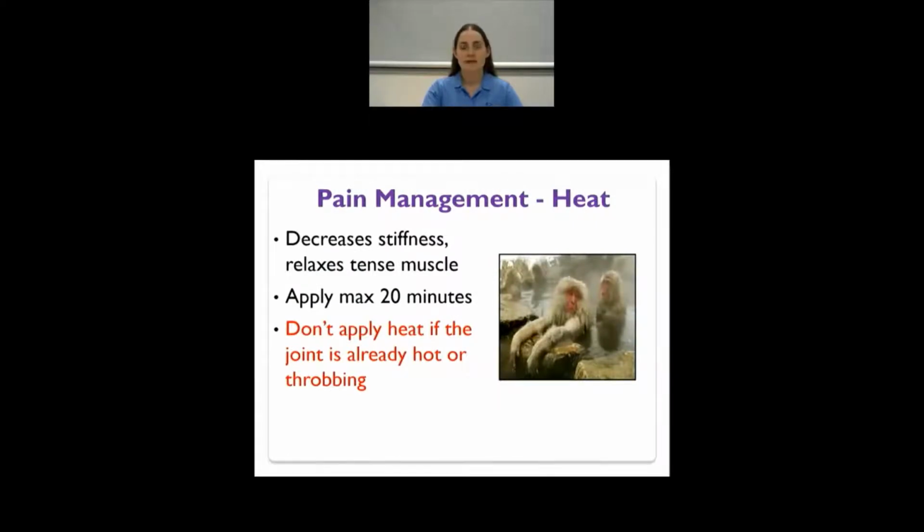Before surgery, heat can be used to decrease joint stiffness, relax tense muscles, and stimulate blood flow. Moist heat, such as a bath, shower, or towel dampened with warm water, can be particularly helpful. As with ice, heat can be applied for about 20 minutes at a time and can be repeated every 2